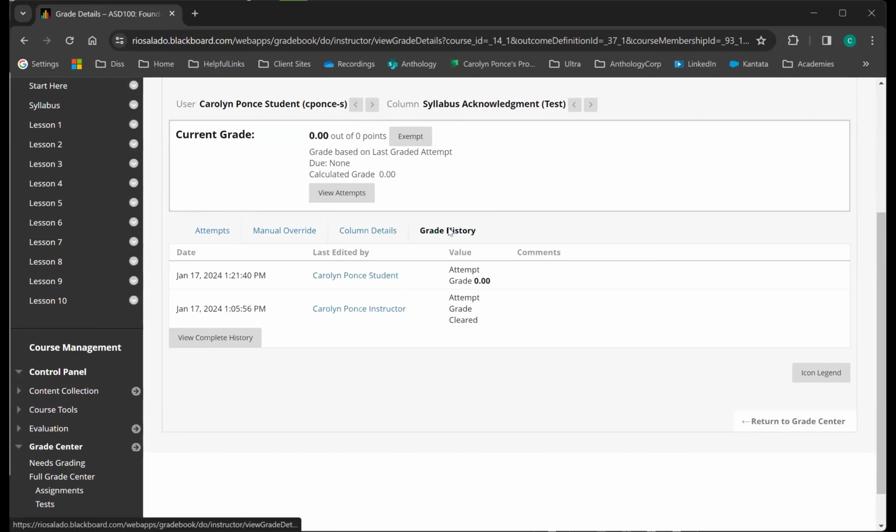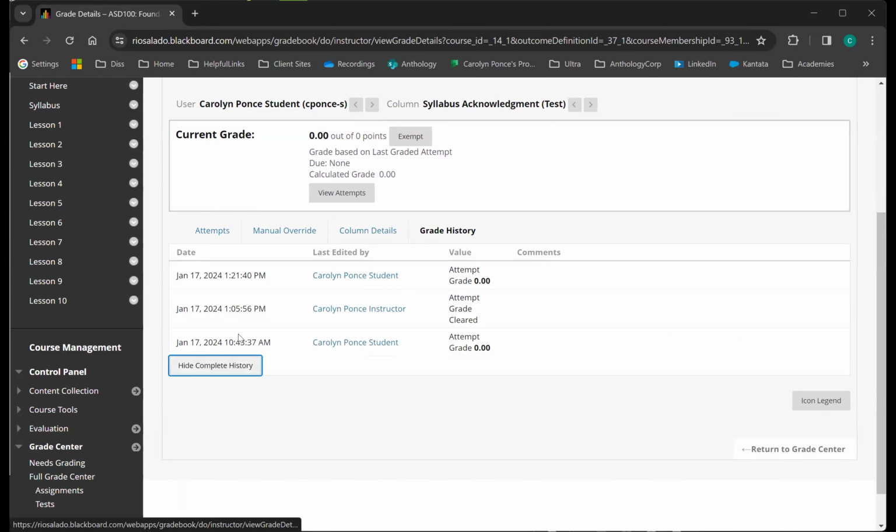I can also access the grade history. Now this is for this particular student for this assignment. And if I needed the whole grade history for every student for this assignment, I can look at that on the column. It's for the whole column. Grade history is important, especially if you're tracking student activity and something went awry.